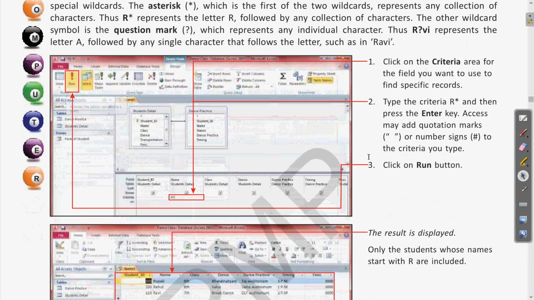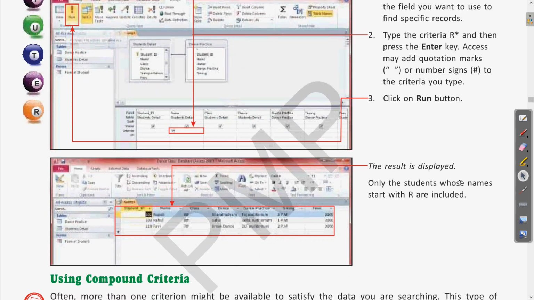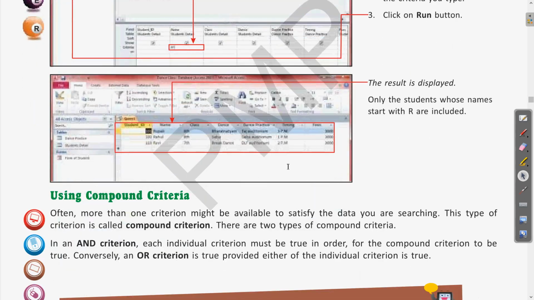Whenever we specify the wildcard, we have to mention it in the criteria. Clear? Suppose you have to select all the names starting with A, you can mention A star in the criteria, and when you run the query, we get the desired result with all the records having names with A. The similar thing is given in the example of the book also.